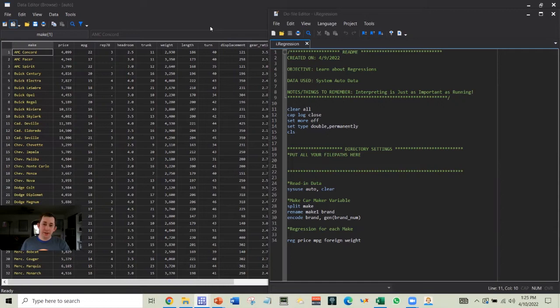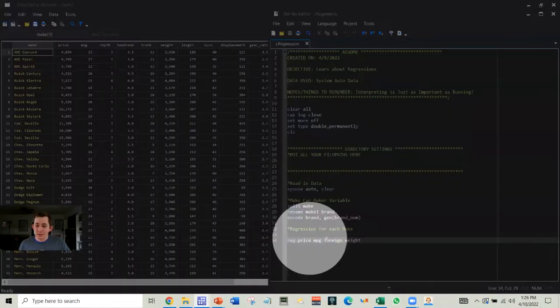Today we're talking about Stata regressions. We're talking about the option to use i. variable in our regression. So let's go ahead and get into it. We are using this auto data that we've been using before. And now maybe I'm trying to do this regression of price on miles per gallon, foreign and weight, but now